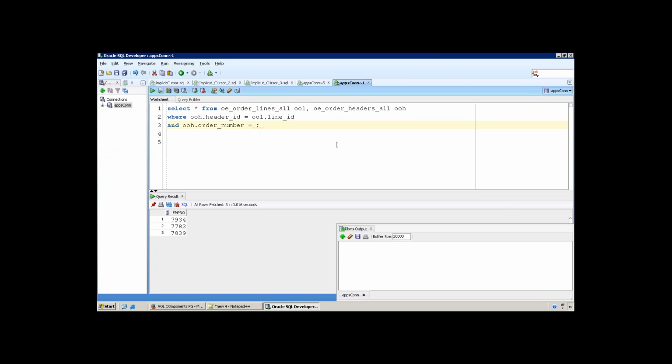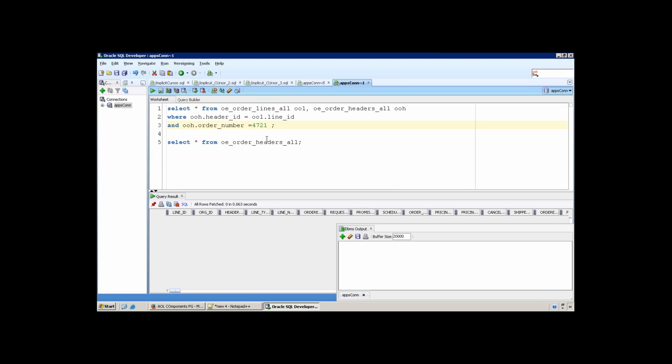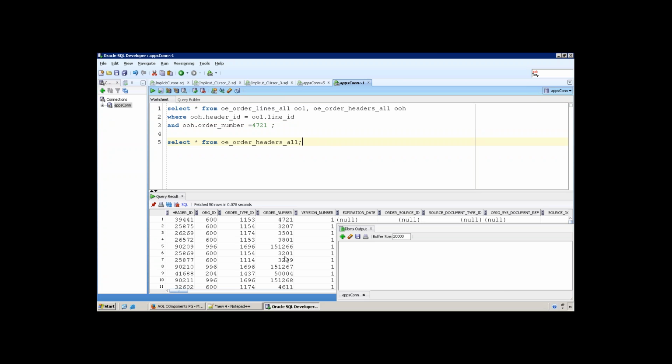So the first thing is, once you get a requirement, it is always preferable to write the query and then write your program, nothing but a PLSQL program. So let us take some order number which is a valid one, and later we'll see the dynamic approach. For now we'll consider a hard-coded order number. Let's say this is my order number 4721. I'll pass my order number here, so I'll get the list of lines, right? Here it is not returning any lines. If we take some other order number,